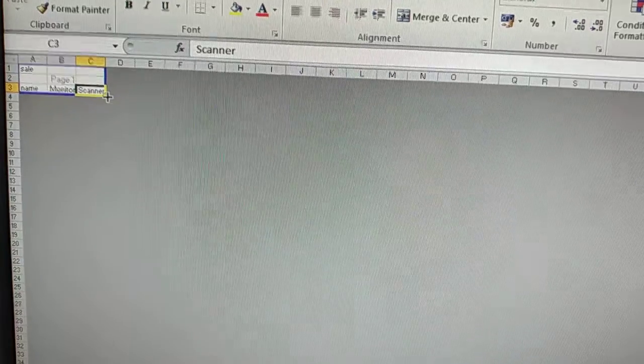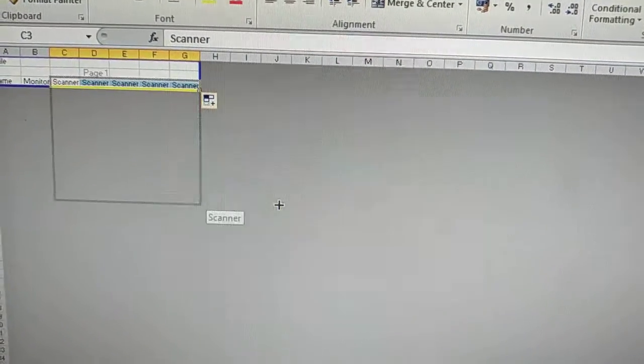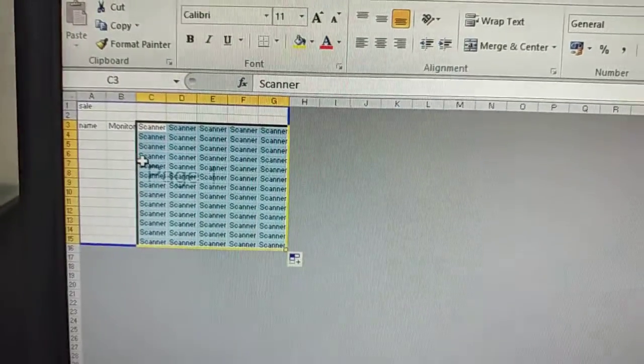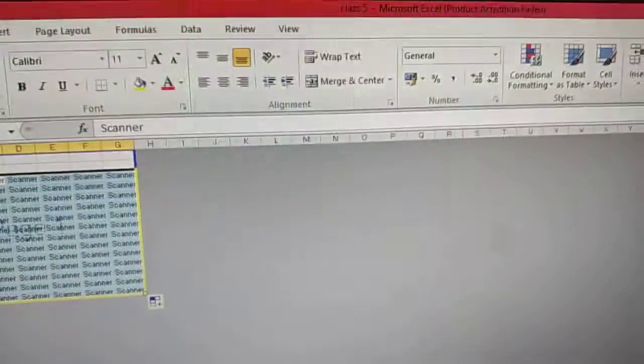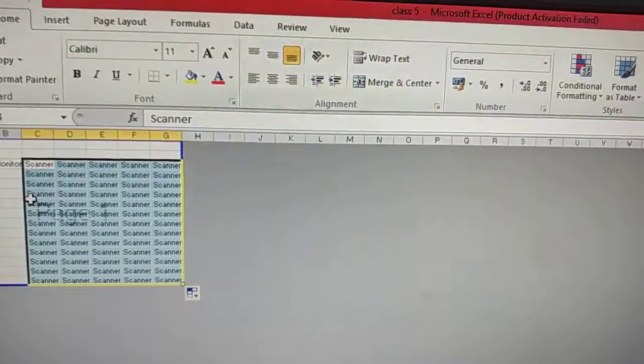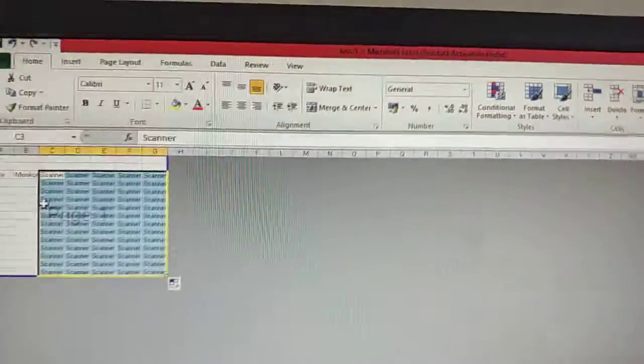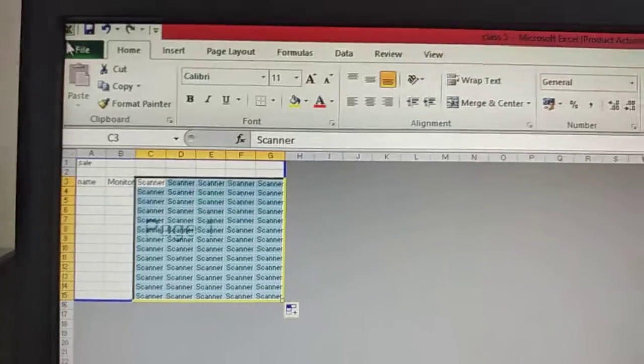The next view is your page break view. See here, it is like this. You have to increase it in this way. See here, this is your page break view. It will indicate the page break with the lines. You can click and drag these lines to modify where the pages break. Okay, so this is about your Excel.